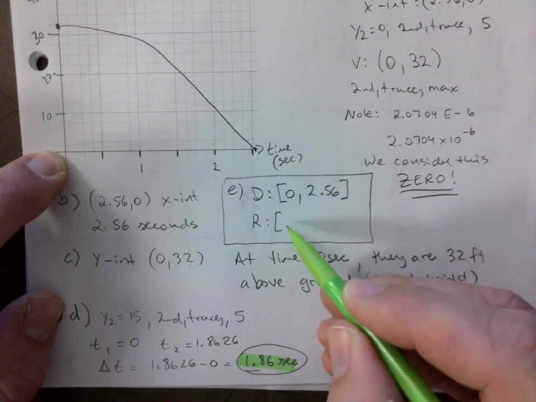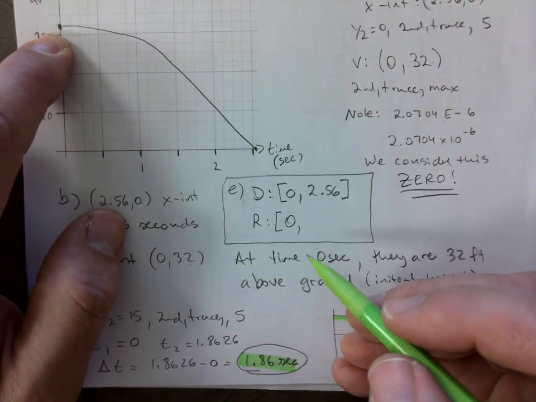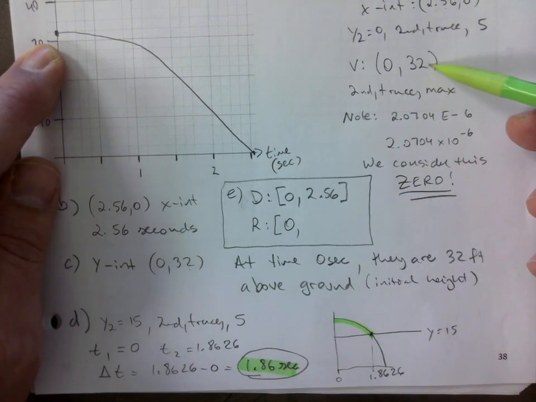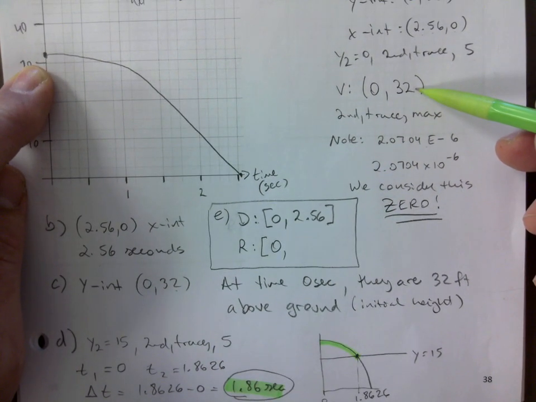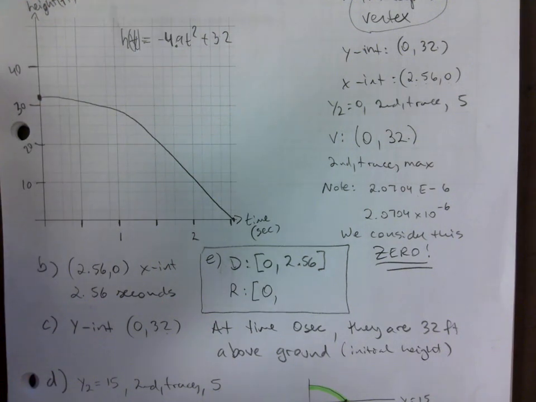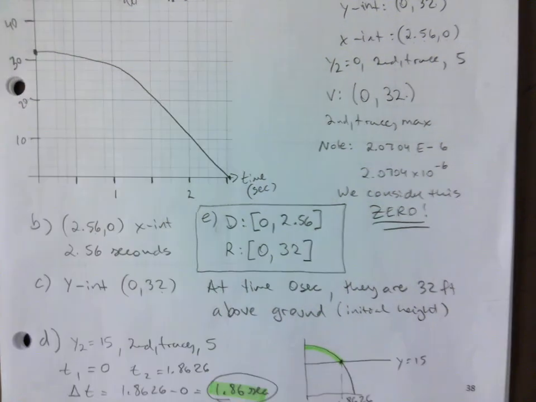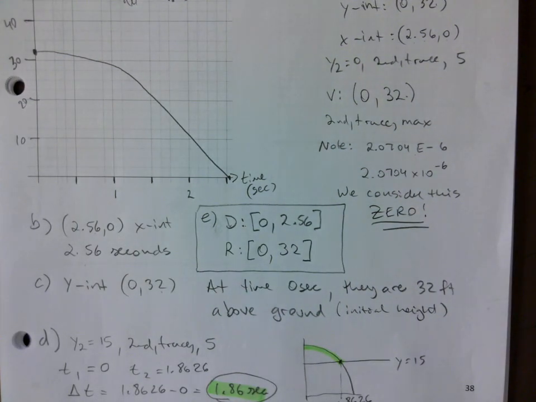Range, you go from as low as 0 when you hit the ground, and remember, the highest point in this case is 32, because I look at my vertex for the range. It happens to be that the y-intercept is also 32. It just happens to be the case, all right? So this goes from 0 to 32. There we go. Okay. So I hope this helps you. I think I'm going to pause now. Otherwise, I would like you to try this right away. I assigned